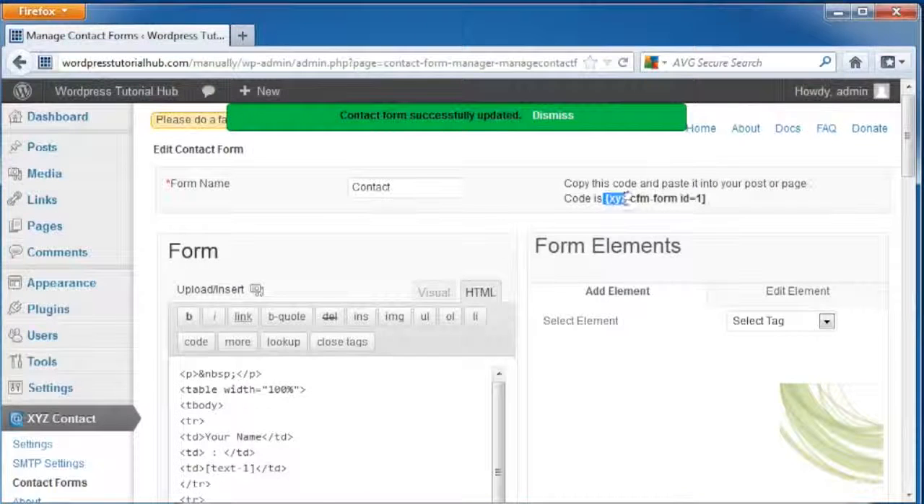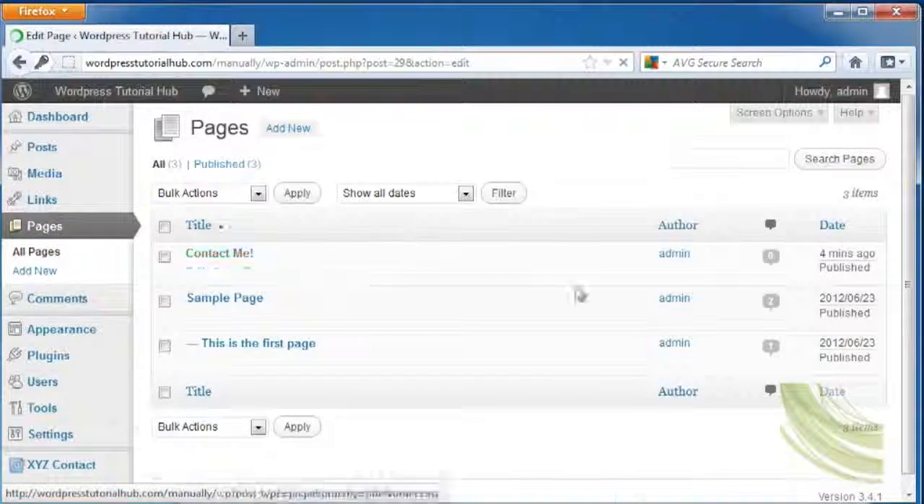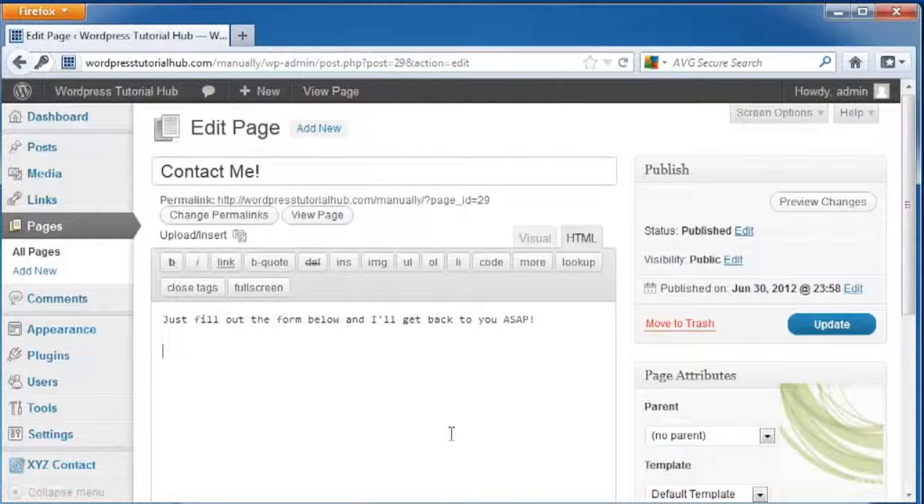Copy my code between the colons, right click, then I'm going to go into my pages, and I've made a new page called Contact Me, and this is going to pop up on my list of pages. And I'm in HTML to make sure that this works correctly, and I typed in just fill out the form below and I'll get back to you ASAP. So I'm going to go ahead and paste that little quick form right into my page, click on Update,